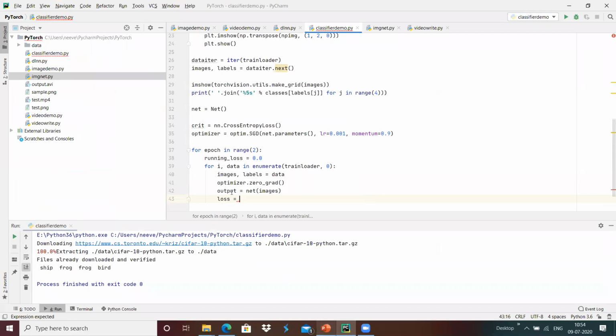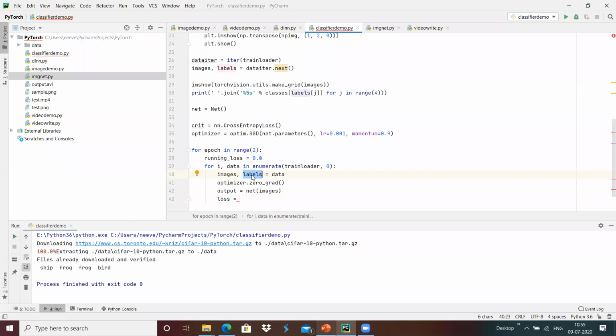The label tells which class it belongs to, and the network output will also provide which class it belongs to. The label is the target which we need to receive, and the output is the one received from our neural network.